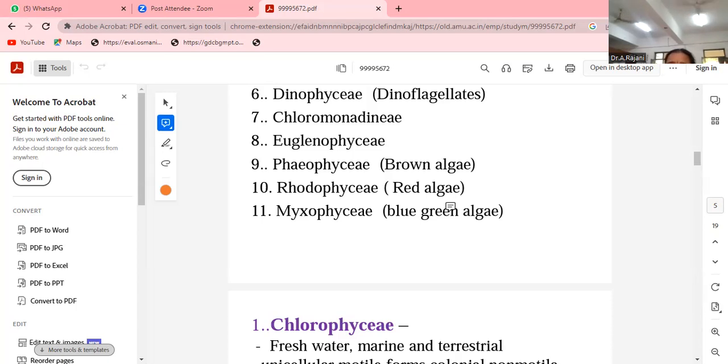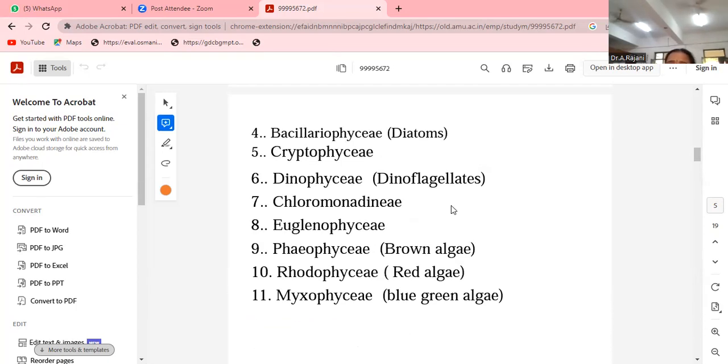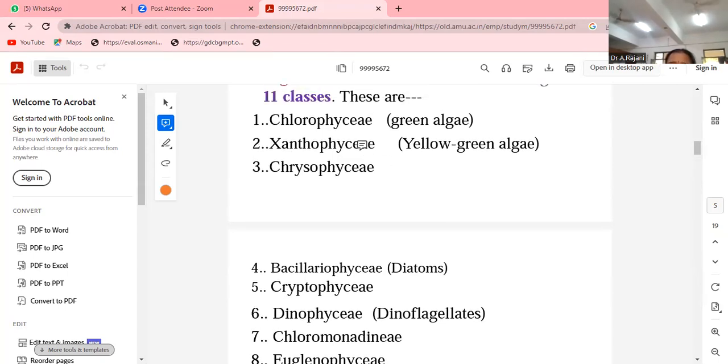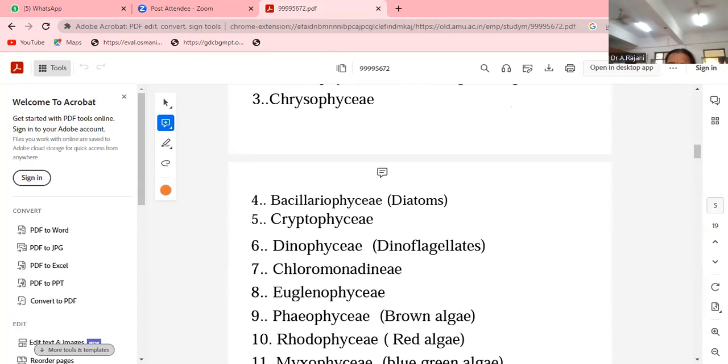Why will I explain these type studies? They are expected questions at degree level. These type studies you can learn by heart and write out very clearly. See, these are the classes: 11 classes, total 49 orders, to classify according to Fritsch.